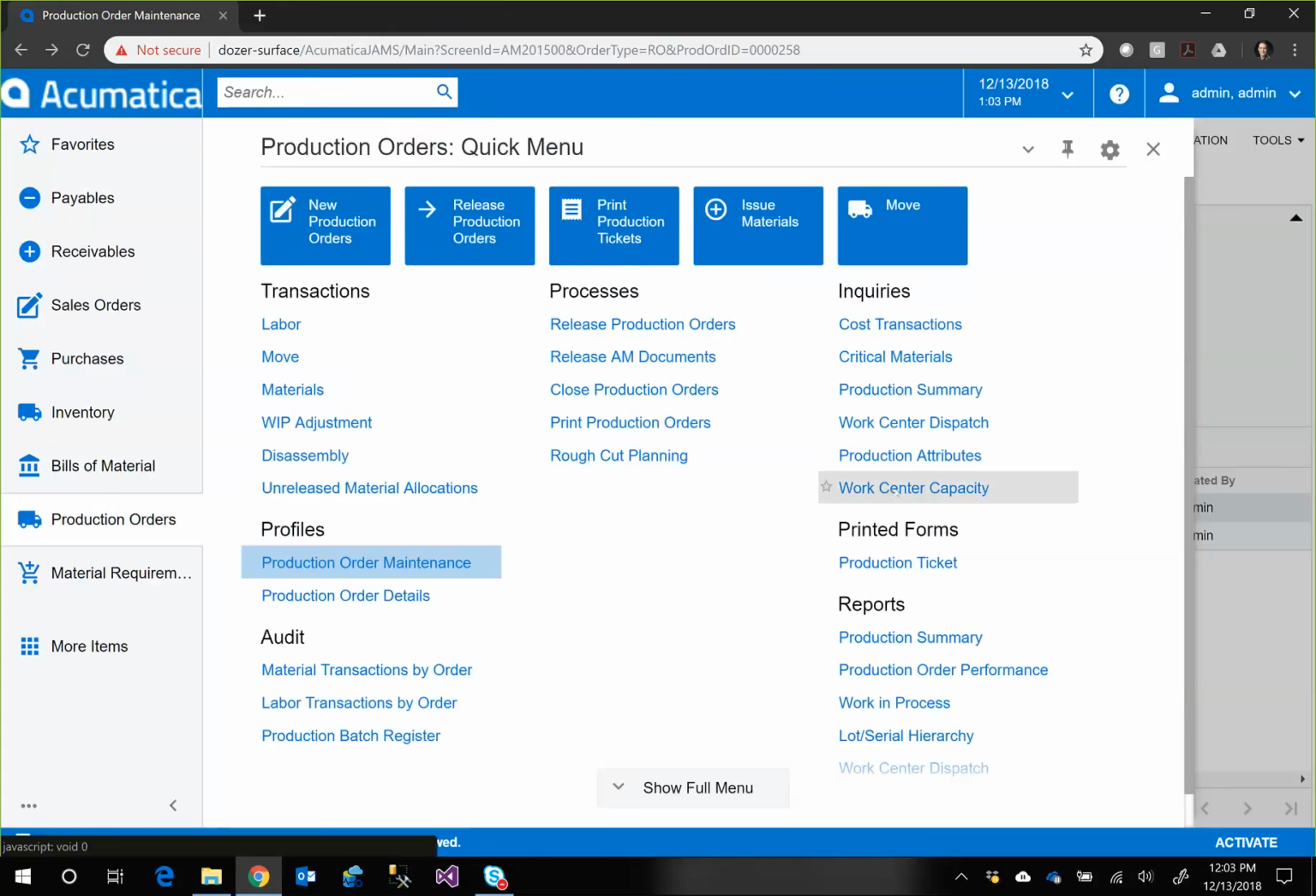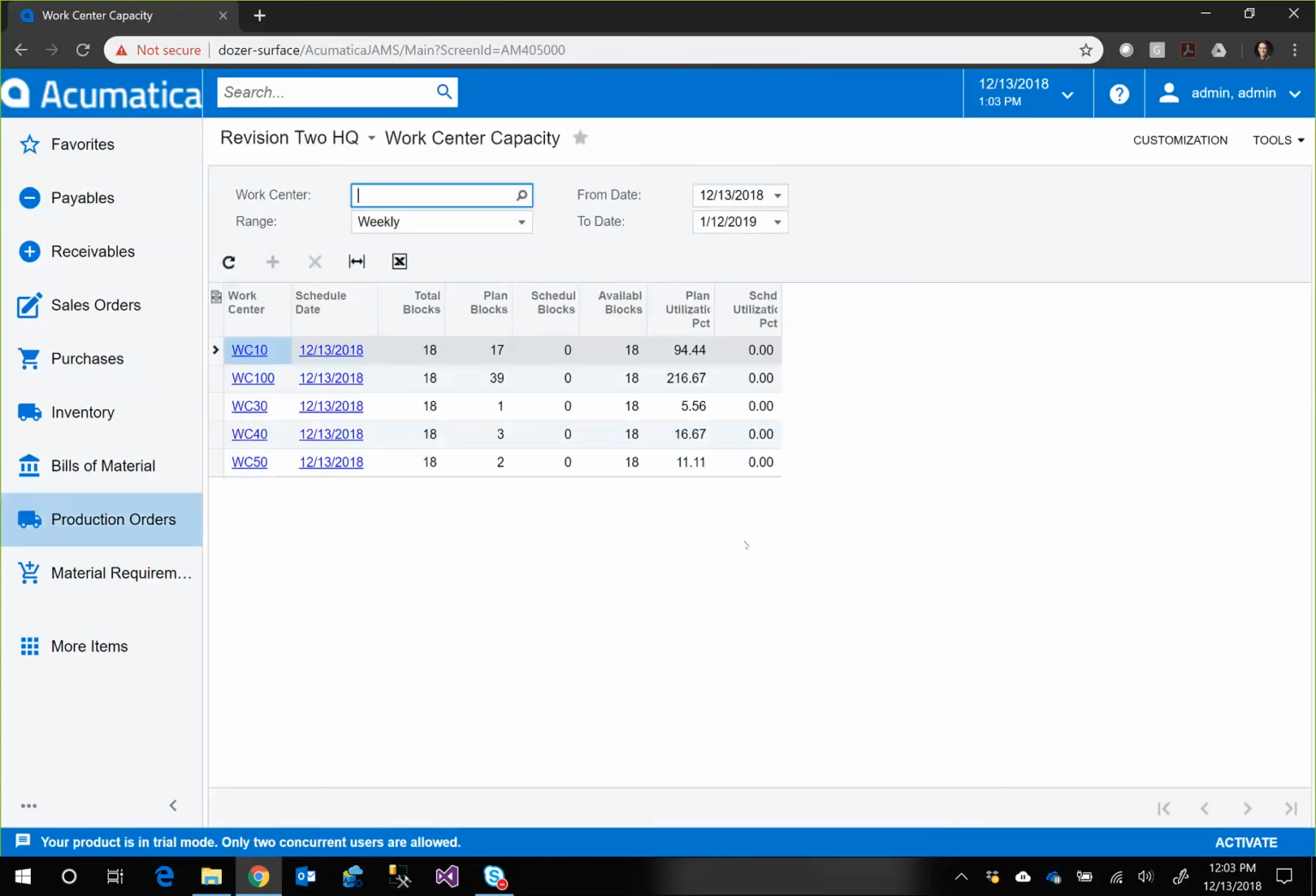our work center capacity. So what this is going to do for us is take a look at all the scheduled production orders that we have out there, in a given date range, in this case from, let's move this to 12/12 to 1/12 on a weekly basis, and I can look at what my utilization by work center by week is in this case. So for example, if we look at work center 10 here, we can see that I've got a total of